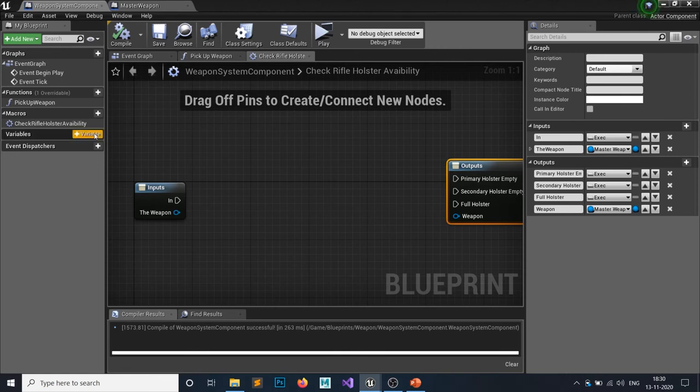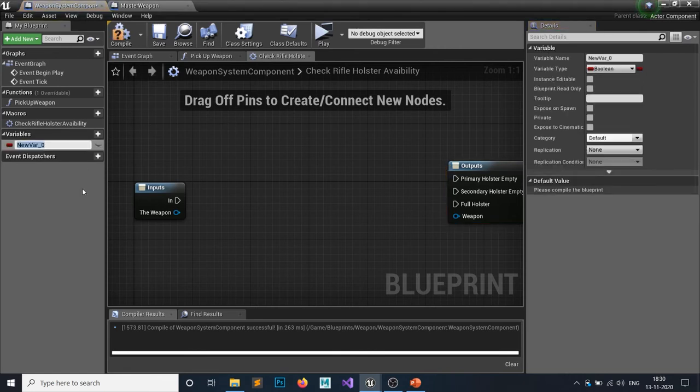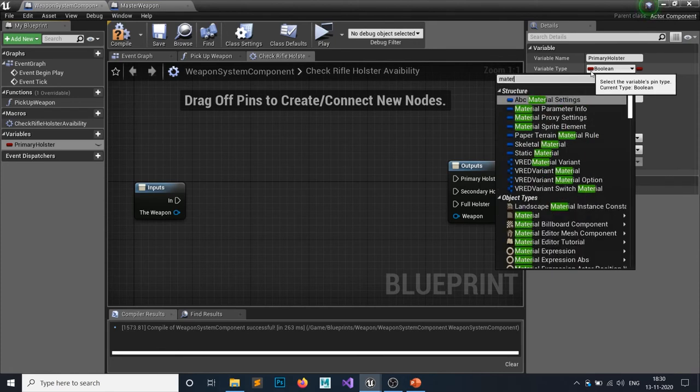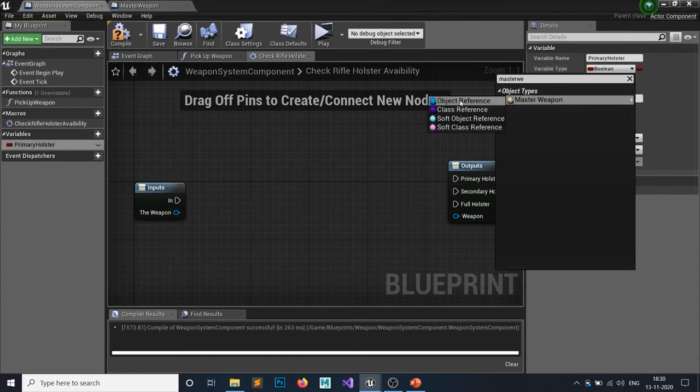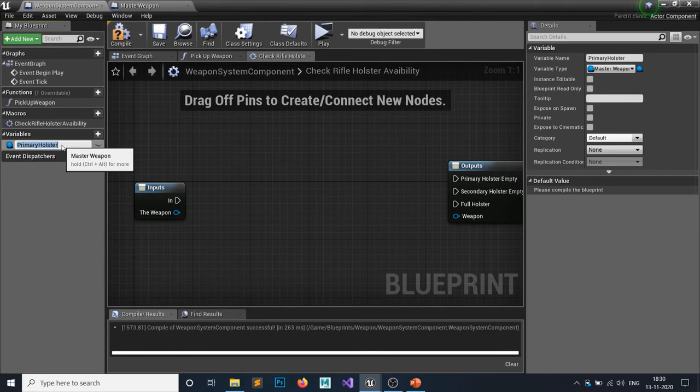Okay, so what we will do, we will check. For that we need some variables. So let's create a variable called primary holster, and the type of this variable would be a master weapon object reference. Second one would be a secondary holster. Then a melee holster, or a pistol holster first. Pistol holster.